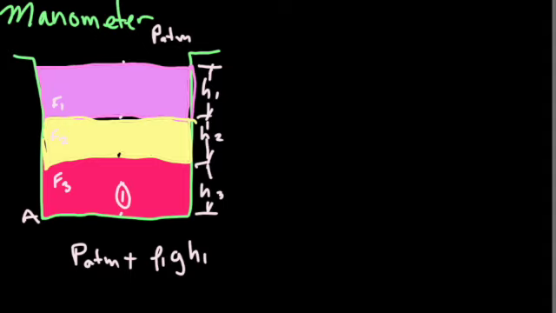Now the load here is basically adding the load associated with the yellow fluid. So then we just say it's plus the contribution of that yellow fluid, which is rho 2 times gravity times H2. And then lastly, at 1, we arrive to the bottom, and it's the contribution of that red fluid. So it would be the density of the fluid at 3 times